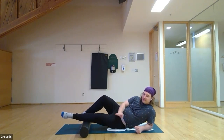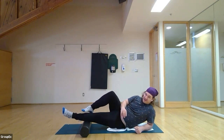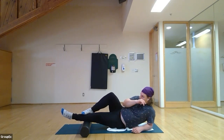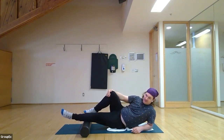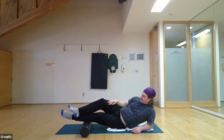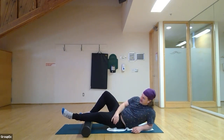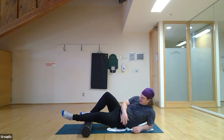If you want to do both the whole time, you can absolutely do both the whole time. But for me, my calves are particularly tight, so this is enough for me. I'm going to hang it here. But you can do whatever difficulty or intensity works for you. It's about 40 more seconds here. And honestly, even just the weight of my own leg resting on a particular spot in my calf is enough for me. Should probably stretch my calves more often